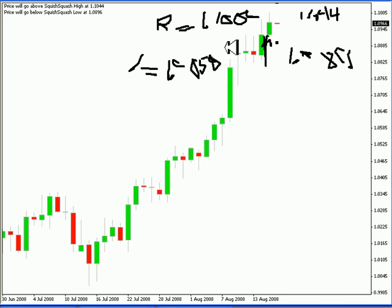Looking as far as our news announcements coming up, the Japanese have their rate decision. The Bank of Japan is going to release their rate decision. It's anticipated that it will be held at 0.5% or 0.50%, and that the Swiss have their retail sales for June being released at 3:15 a.m. Eastern Time, and it is estimated that it will be lower by about half from last month. The Eurozone also has their trade balance being released for June at 5 a.m. on Monday. Consensus is that the trade balance report has improved. Now, the bank decision from Japan, I didn't mention a time. That's because there isn't a time